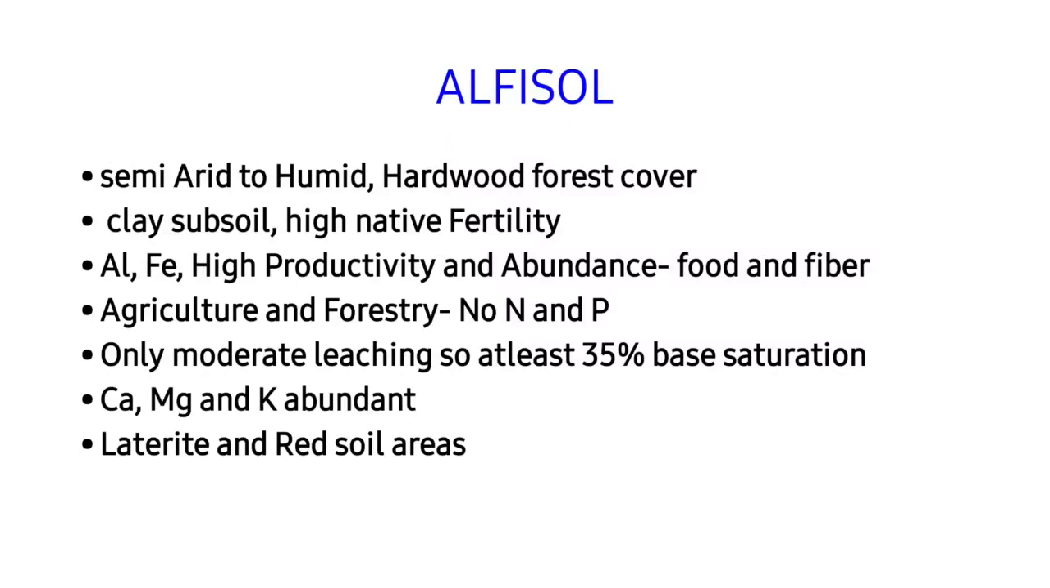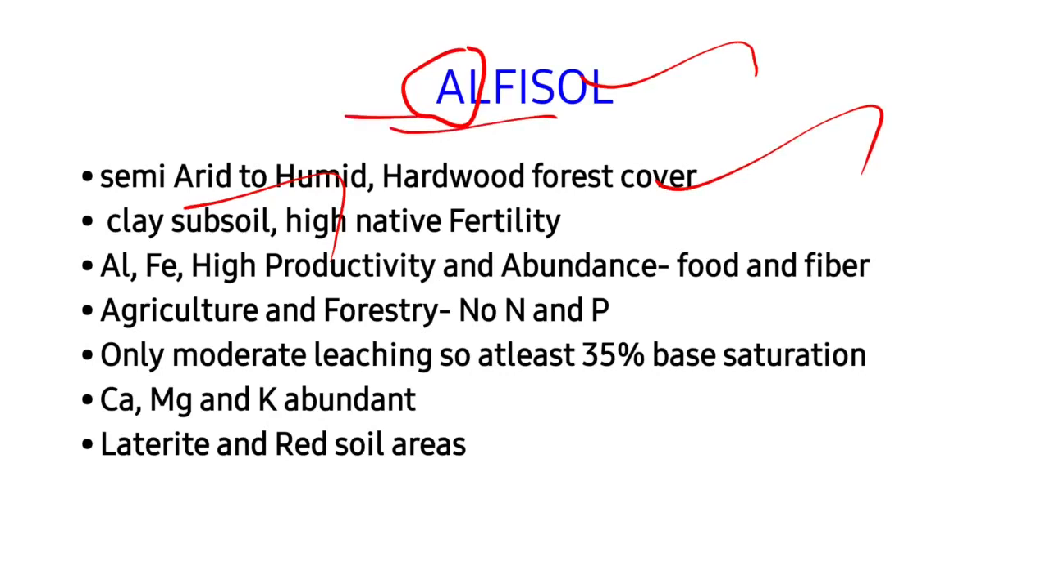Coming to the next, we are going to see the next order, Alfisol, and we have seen that Ultisol is seen in humid regions. Likewise, your Alfisol is seen from, you can remember with A, semi-arid to humid regions, especially in areas having hardwood forest cover, that is forest areas. This soil order has clay enriched subsoil and has high native fertility, and the ALF in the Alfisol refers to